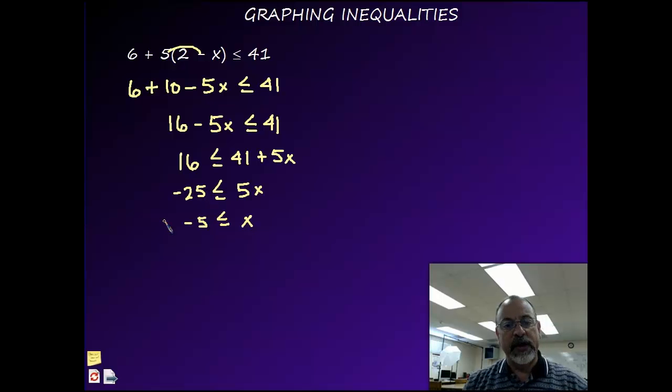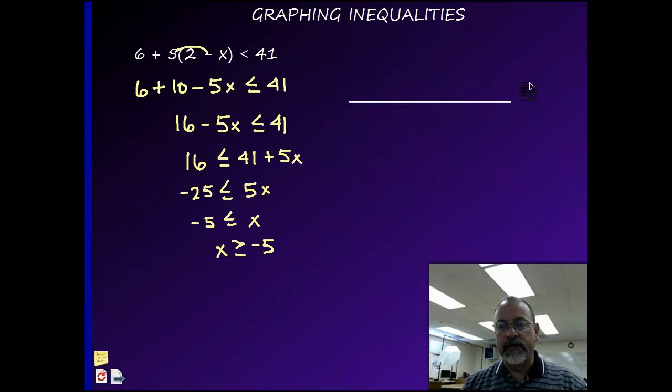Now, when the x is on the right here, you have to read from right to left, or I can apply a version of the symmetric property. I can change everything. Notice that the variable side is with the x. So if I want to make this a matter of convention and reverse everything, then I reverse the sign. You can see here's where I actually reverse the inequality sign. All right, so I have x is greater than or equal to negative 5. Then to graphically represent that,